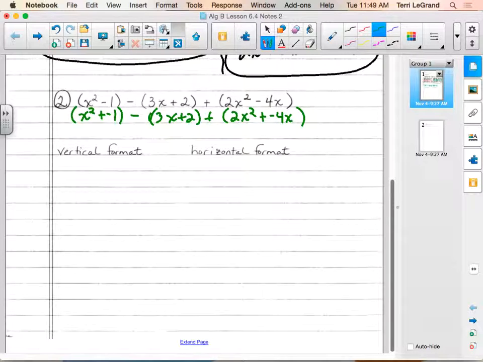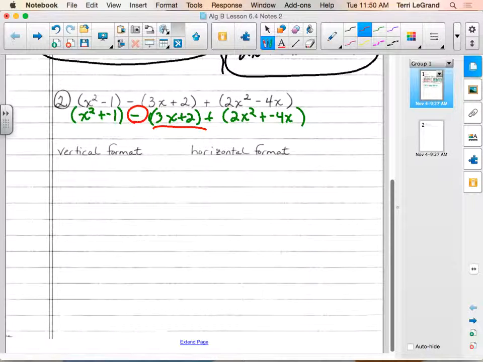So we have x squared plus negative 1, that polynomial. From it, we're supposed to subtract 3x plus 2, that polynomial. And then, to that, we're supposed to add the third polynomial, 2x squared plus negative 4x. So when we change this subtraction that we're seeing right here in our next step, we only have to subtract this. Okay? So we're only going to change the polynomial that needs to be subtracted to each of its terms